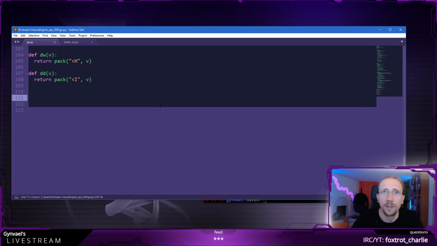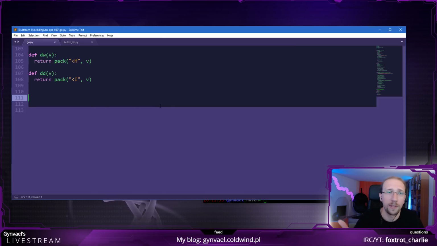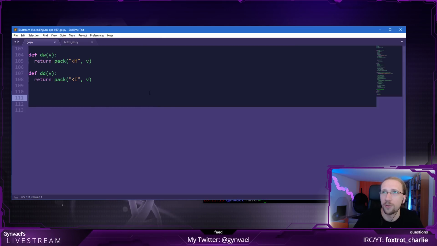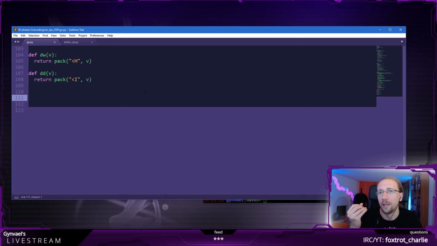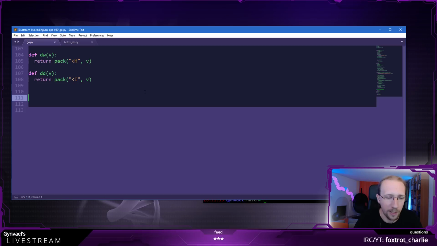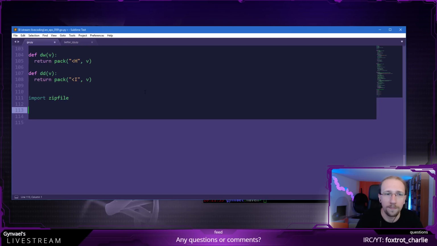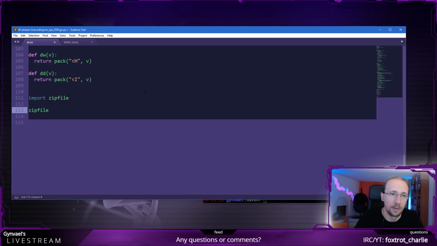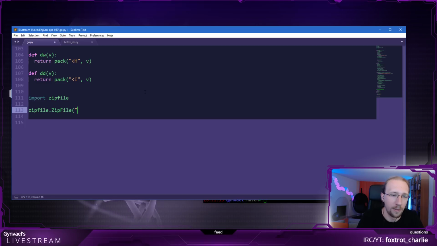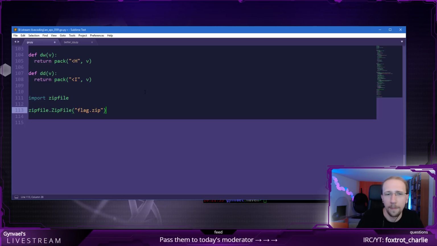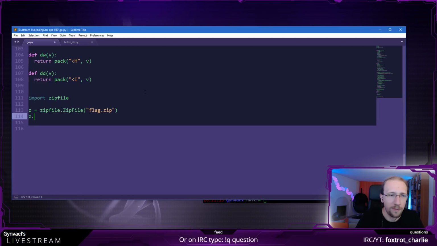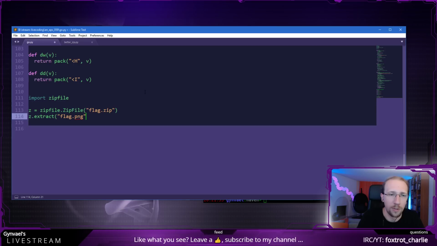Now the way I'm going to do it is rather nasty, because I am going to copy the zip implementation from Python. Python has actually a zipfile implementation. I cannot use it directly for this file. Well, I can show you why not. Import zipfile. I think that's called just zipfile, flag.zip. And so this is Z, and I think it was called extract, and I give it flag.png.